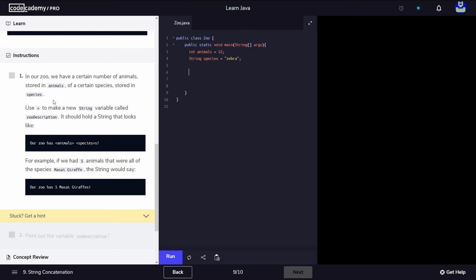Now, our instructions tell us that in our zoo we have a certain number of animals stored in animals, of a certain species stored in species. Use the plus to make a new string variable. So already we know we need a string type. The variable name is going to be zoo description, and this is going to equal to